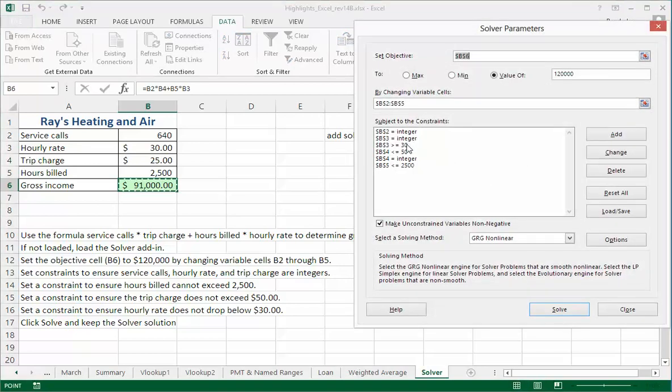Okay, so I have the three integers, B2, B3, B4. I believe I have the other constraints in there, greater than or equal to 30, less than or equal to 50, and 2,500. So I think I've put in all of the constraints, so now I can click on Solve,